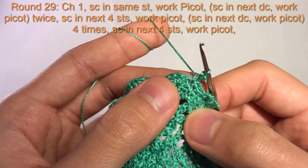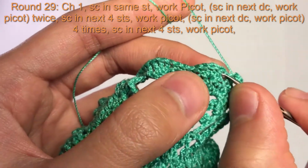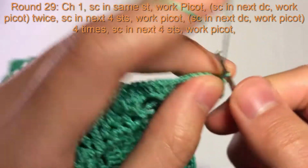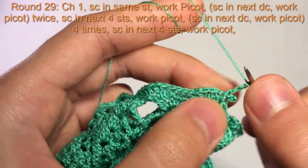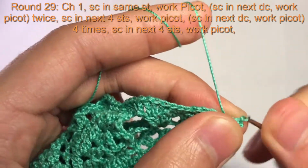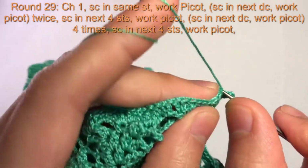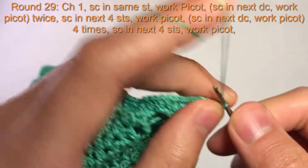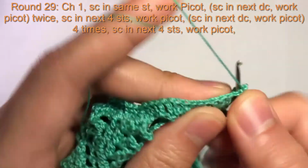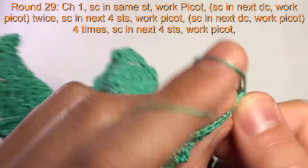Now we're going to single crochet in the next double crochet and work a picot 4 times. So single crochet into the next double crochet, so this is 1, work a picot 1, 2, 3, slip stitch into that single crochet we just made. Okay, so we did that once. We're going to do it 3 more times for a total of 4. So single crochet into the next stitch, picot, that completes 2, single crochet into the next stitch,